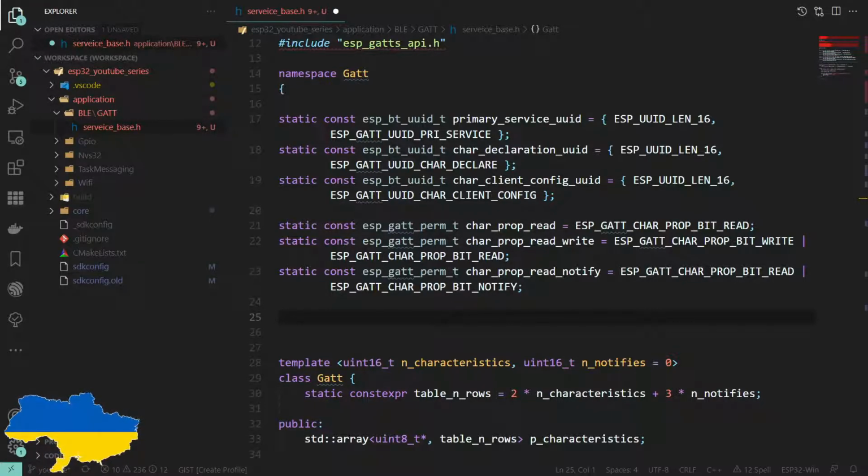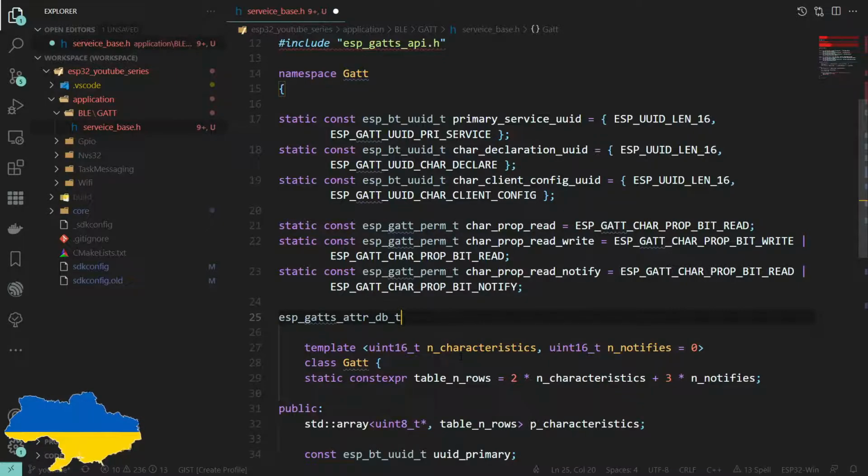Now the IDF gives us a data type that we can use, which is an attribute database _t, which gives us a row of the table. So let's just call this create get table row.